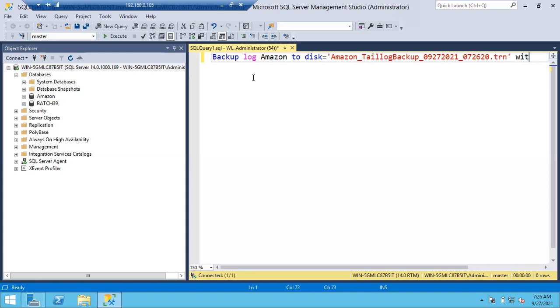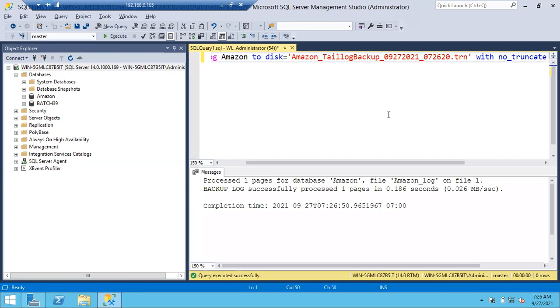And you have to add the parameter called WITH NO_TRUNCATE. In this way you can take the tail log backup. Then you can use this tail log backup if the database is corrupted.